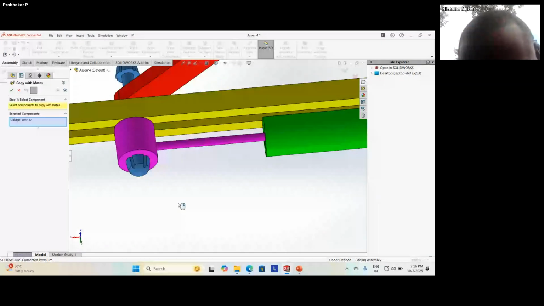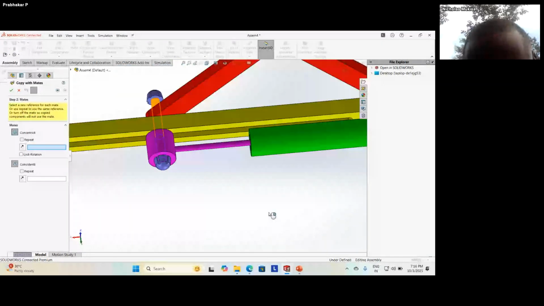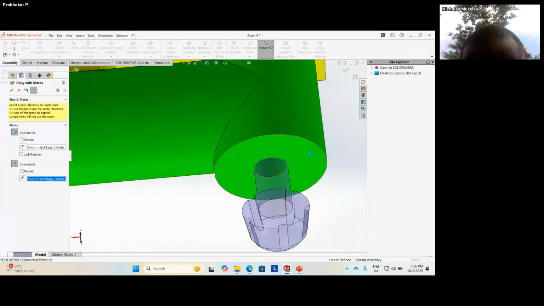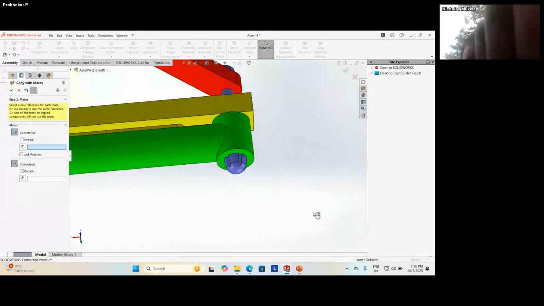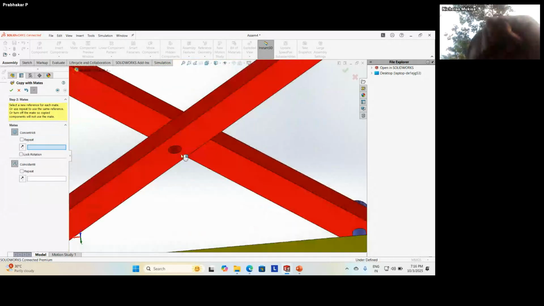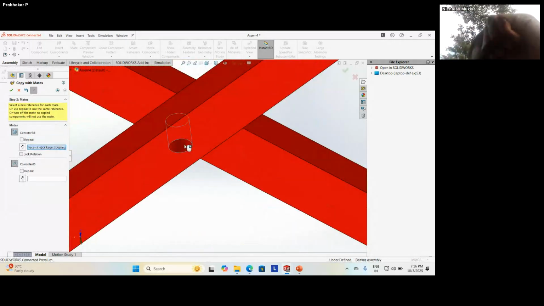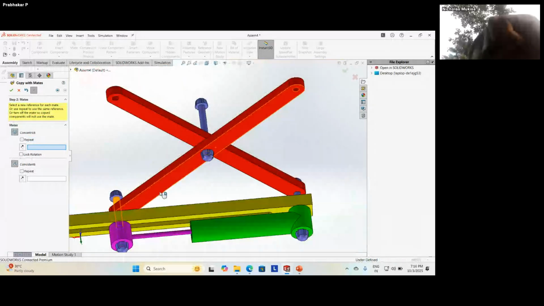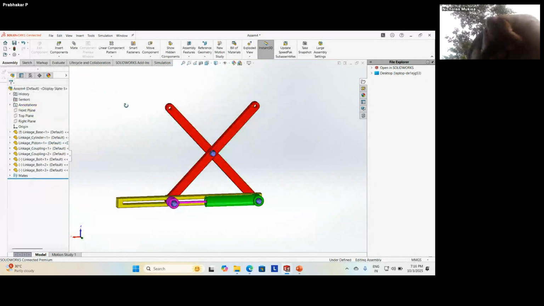Just give this arrow, next arrow. So this should be concentric, and the coincident face is this. Right click. Here it got added. The same thing I'm continuing here. The concentric here, coincident face is this. Right click. Okay, like this. Once again, insert. I need not do this. Copy with mates will save lots of time.